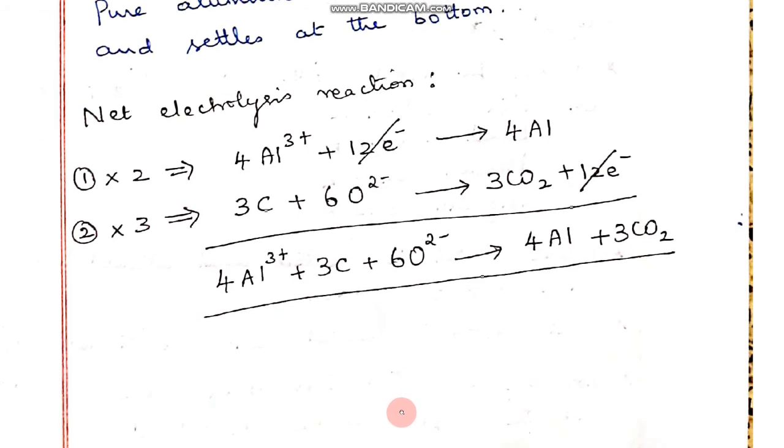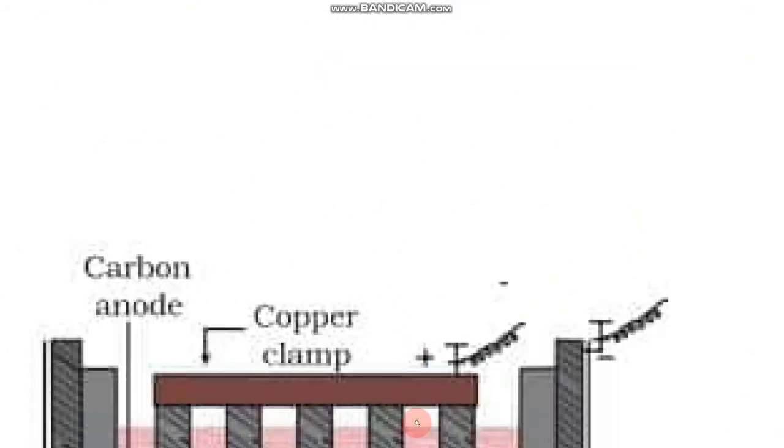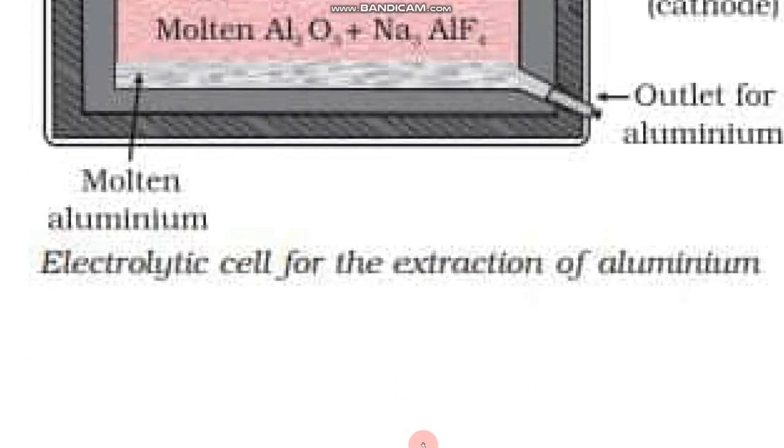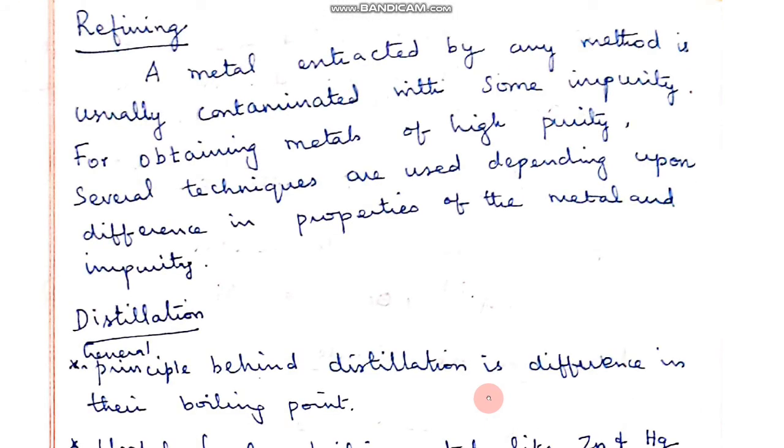Now we are going to see a very important part of metallurgy. Already we have seen the steps, as you have seen in the first session and the second session, that a number of steps are involved in the metallurgical process. In that, the first step is the selection of the ore, and then crushing, concentration, roasting, smelting, all these things, and finally you are getting the metal in an impure form. And it is a metal which is extracted by any method, either by electrochemical method or by the usual method. It will have some impurity.